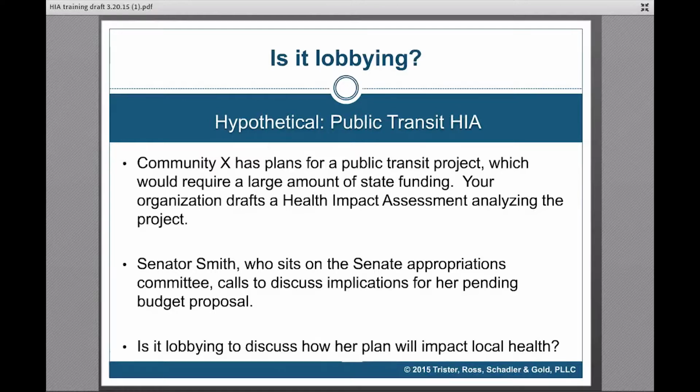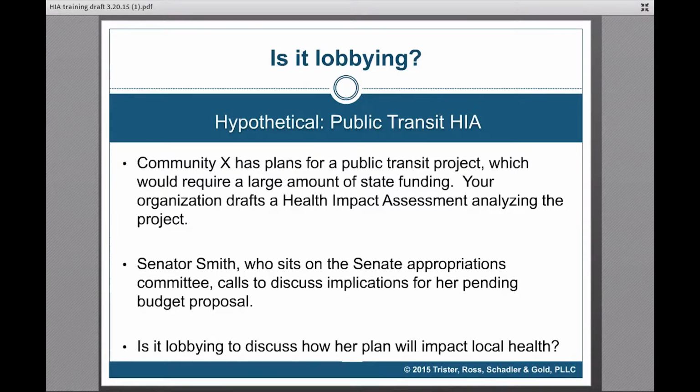Do we have any questions about that one? Because I have a feeling that that's one that may cause some consternation among folks. Can I ask a question verbally? Sure. What if you get this request and you also submit a written report to the full committee that does that fair and full exposition of the facts? If you're asked to testify just by a member of the committee, not by the committee as a whole,